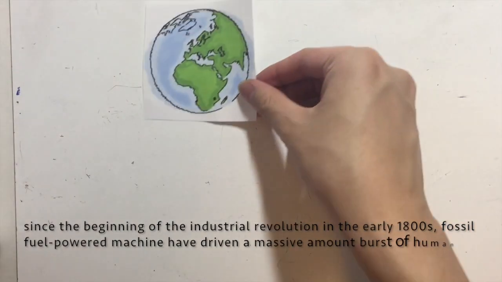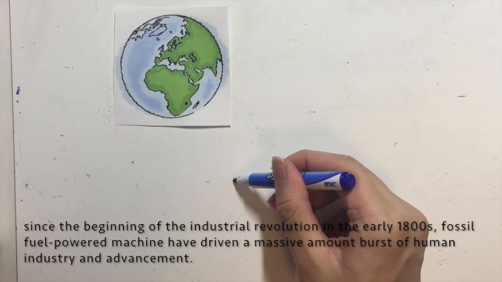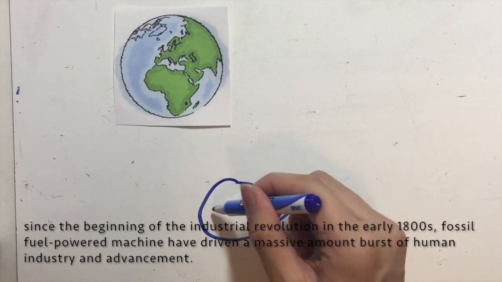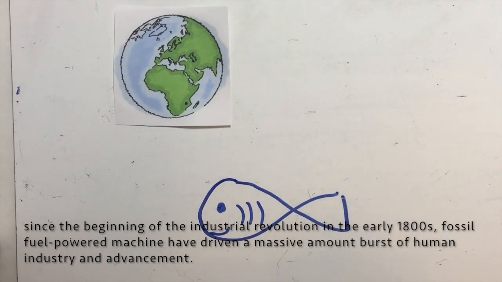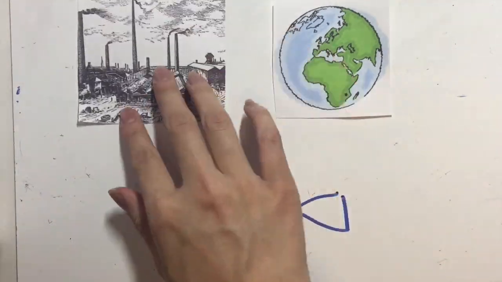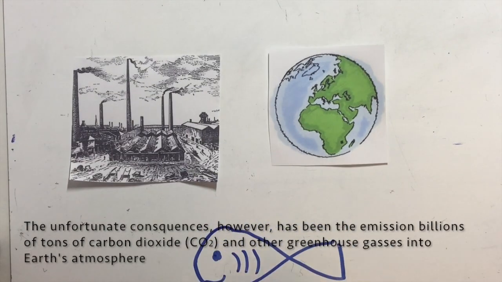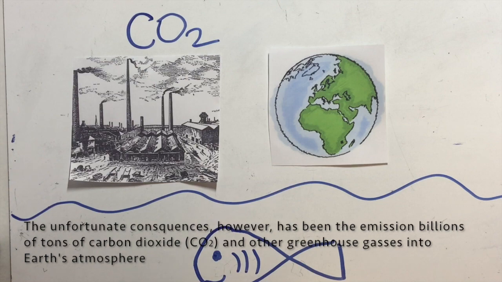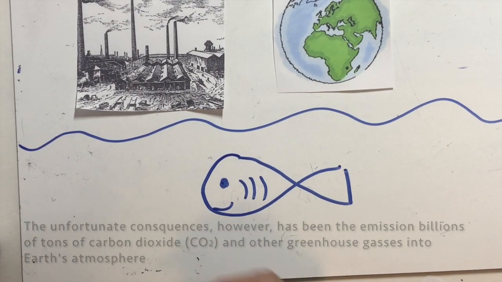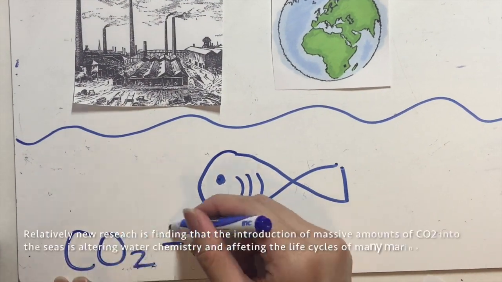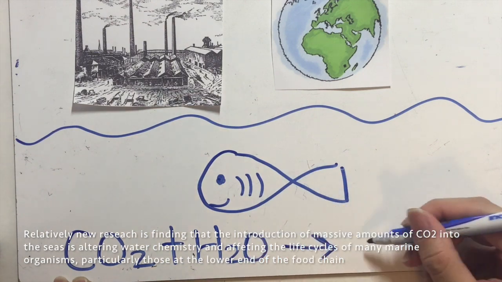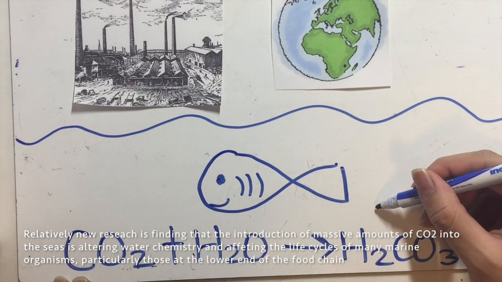Since the beginning of the Industrial Revolution in the early 1800s, fossil fuel powered machines have driven a massive burst of human industry and advancement. The unfortunate consequence, however, has been the emission of billions of tons of carbon dioxide and other greenhouse gases into Earth's atmosphere. Relatively new research is finding that the introduction of massive amounts of CO2 into the seas is altering water